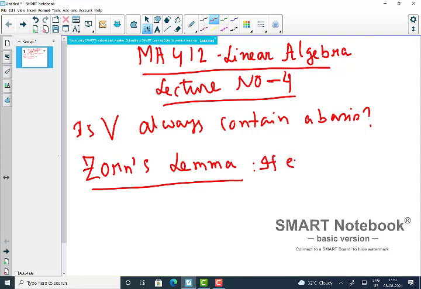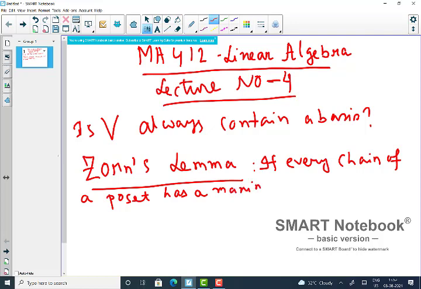If every chain of a poset has a maximal element inside that poset,